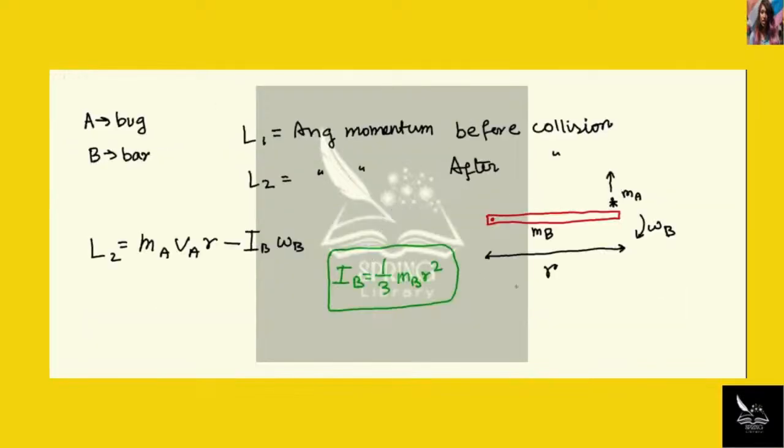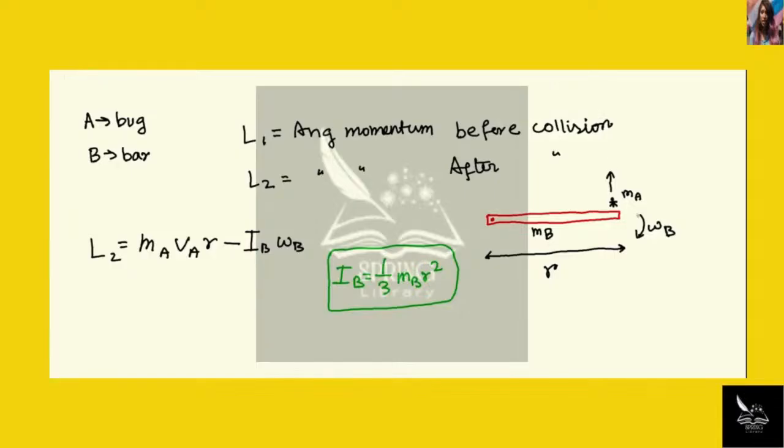So here's a top view of the setup. Here we see that the bar is pivoted at this end, and the bug sits here, and this is the table. So the bug jumps off perpendicular to the pivot point. We say this is the direction, and there are a few notations that we should remember. Now we're saying that A is defined as the object bug, and B for the bar. So MB corresponds to the mass of the bar. Similarly, MA corresponds to the mass of the bug. And when the bug jumps this way,